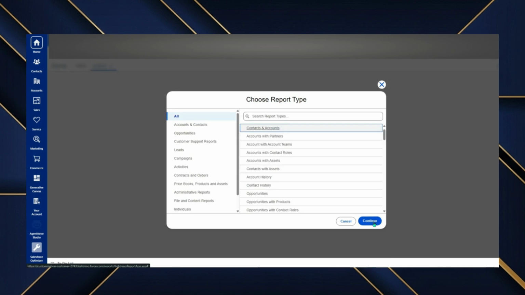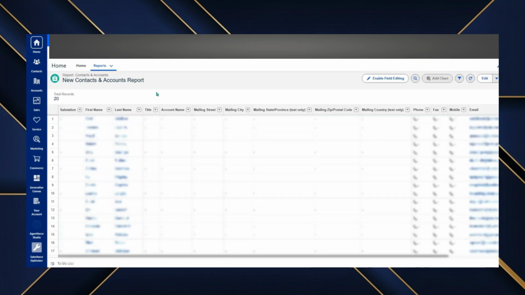After selecting a report type, you can click Run to generate results using default filters, which typically reflect standard settings like My Records and a current date range. If results look limited, review filters and visibility permissions. Salesforce will display the data in a tabular format by default, ready for further